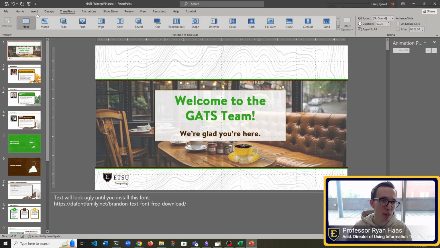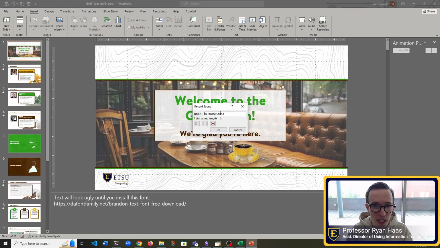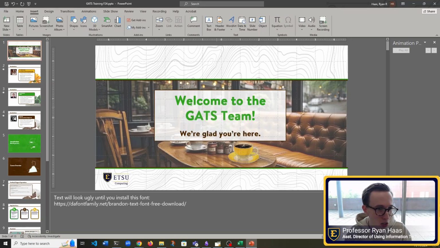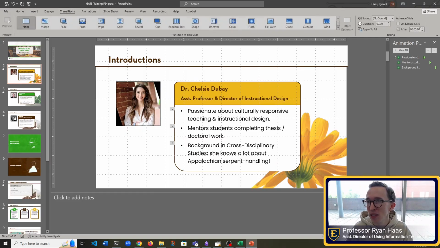Then it would be possible to do things like insert audio, and you could insert recordings of you reading over each slide. And if you say, oh, my recording took 12 seconds, all you have to do is set that transition to 12 seconds or however long your audio is, so that the audio will always be timed perfectly.